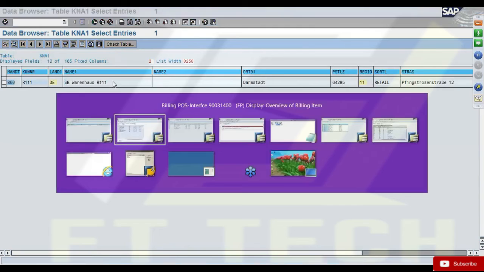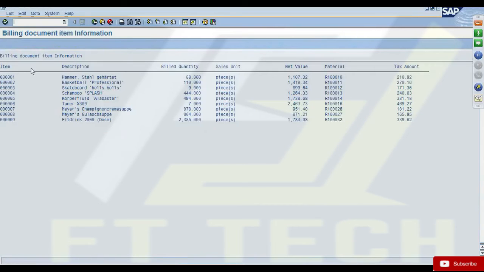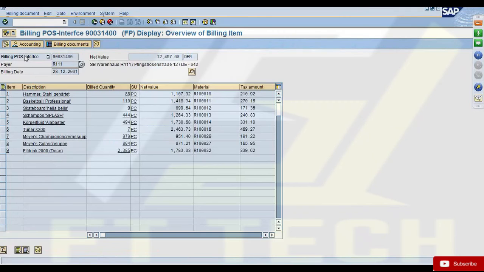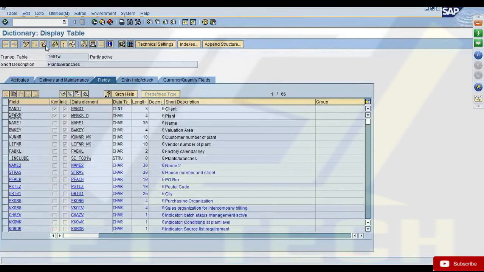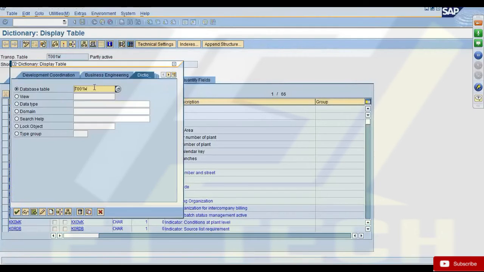So what I want you to do with this program, before you print the item details, is print the billing document number, the payer name, and then the billing date, the document date. These are header information. This information you can get from the VBRK table. VBRP is your item table and VBRK is the header table for the billing document.